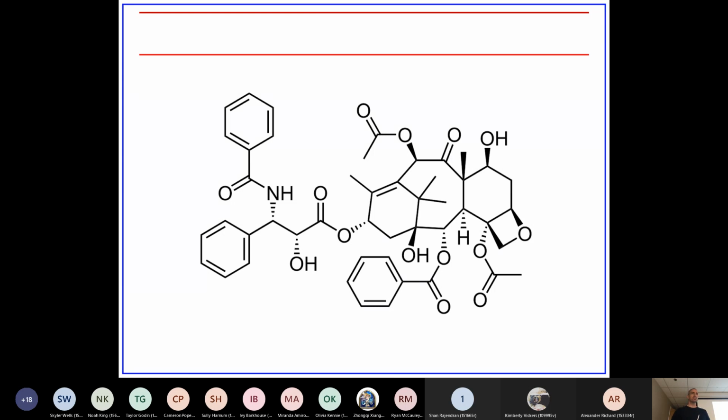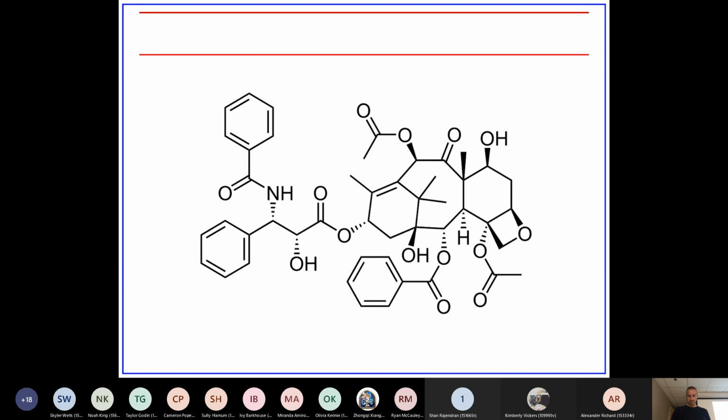Taxol is an anti-cancer drug that is extracted from the yew tree. And it was first found in the Pacific yew, and they found it in the bark. So the problem was you had to strip all the bark off the tree and kind of extract it like tea out of the bark, and it would fight cancer quite well. But to treat one person, one course of Taxol required cutting down something like 20 acres of this tree. And the tree took, I don't know, 20, 30 years to grow. So